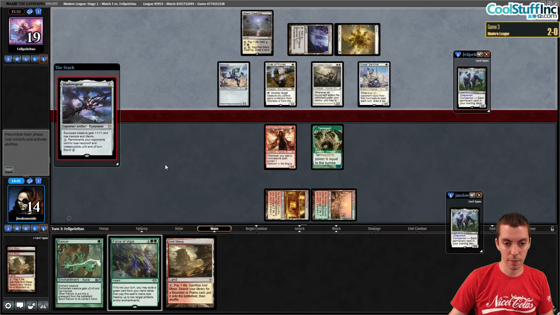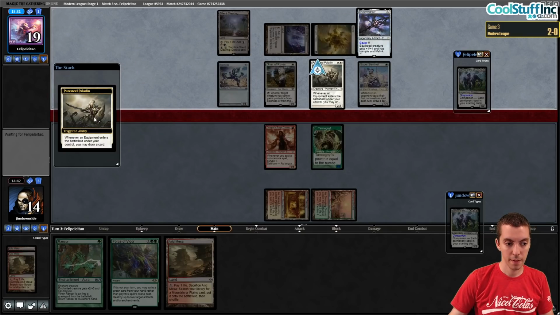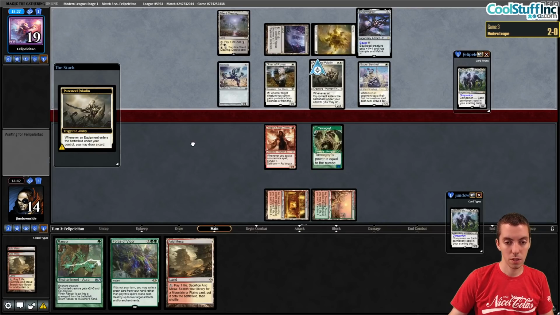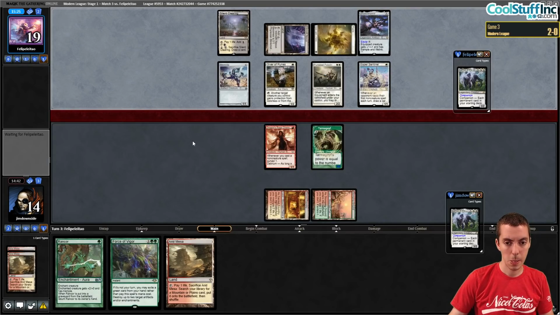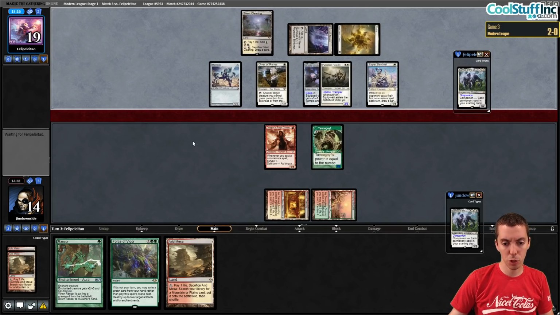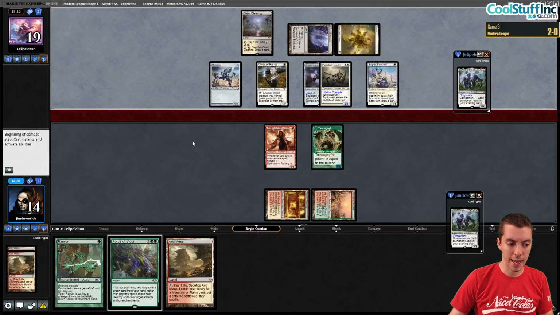Shadow Spear. I mean, draws a card, kind of lame. Basically, any equipment here is a good draw. Put it on the Pure Steel Paladin for free. And move to combat. Now,